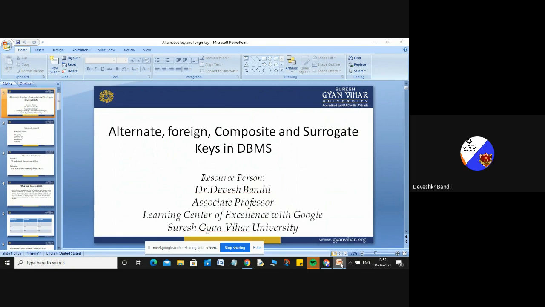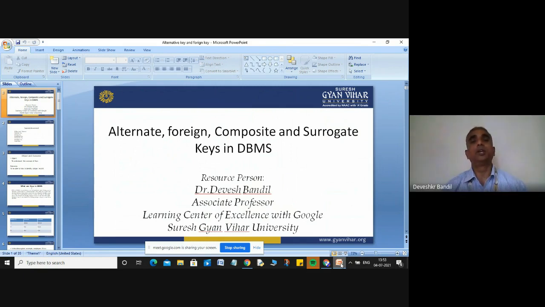Suppose in your student table, you have already stored the data of 1 lakh students, and you want to search the data for a particular student. If you are having the key, through the key you can search the data of an individual student.